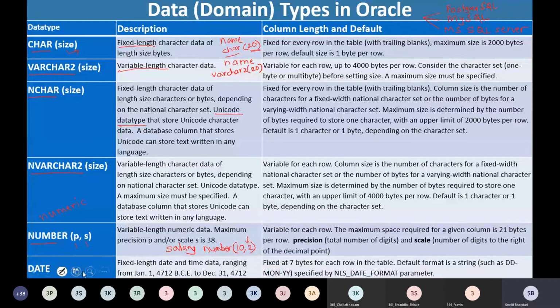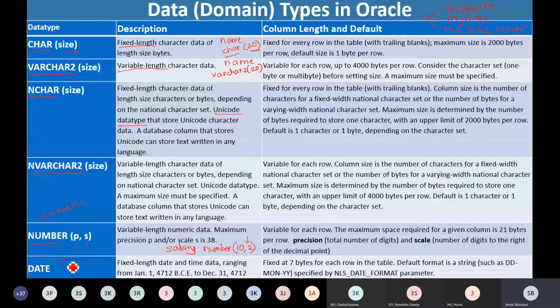Similarly, we have a specific data type to store dates. This is a really useful data type, date. If we would like to store any kind of date, then we should always select this data type, that is date. Once again, I would like to emphasize that a date can also be stored under varchar type, but we should not use varchar to store the date, because if we select date as the data type for storing date data, then it becomes easy for us to manipulate those dates.